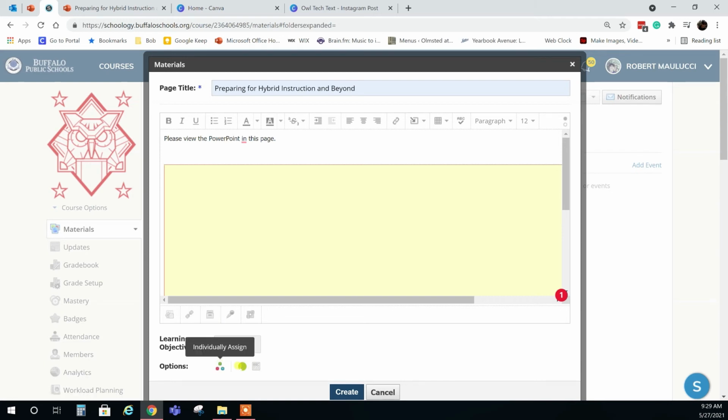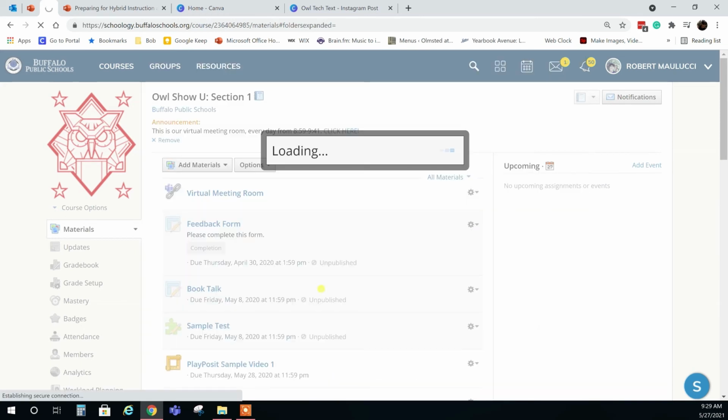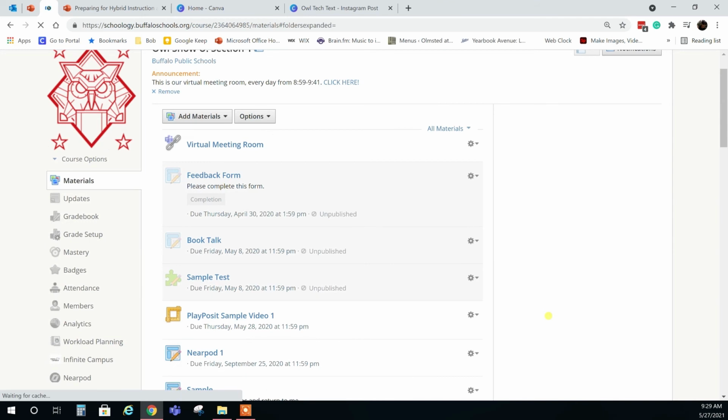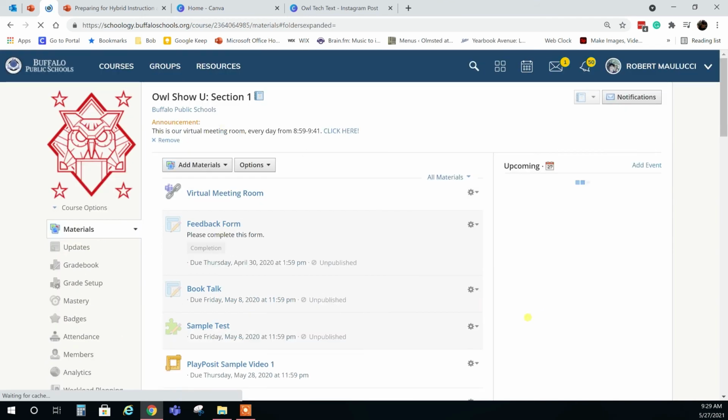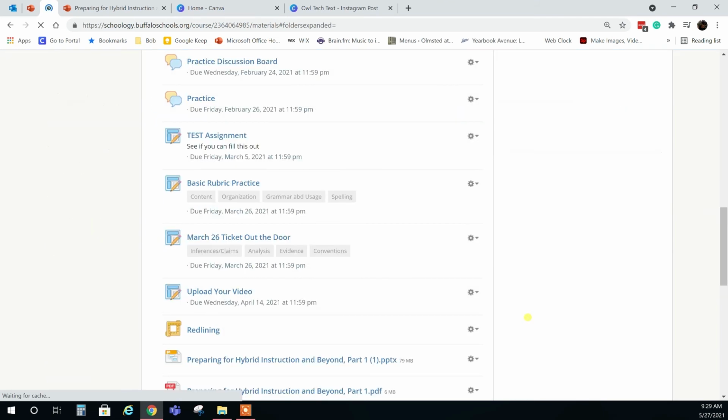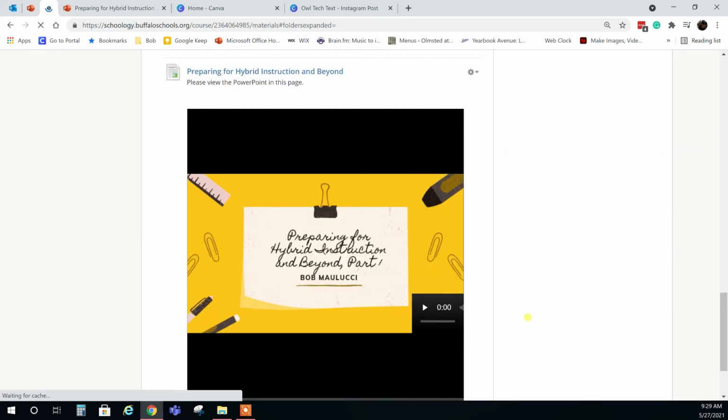Now I am going to go down to the bottom, and what I like to do also, always, is click on Display on New Page, which I prefer. Then I'm going to click on Create. So this is going to embed my PowerPoint into a web page that will display in Schoology. So here I am in my materials. If I go all the way down to the bottom, I can see that here. The kids can click on it,